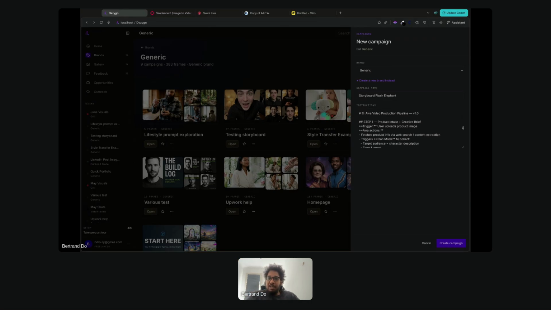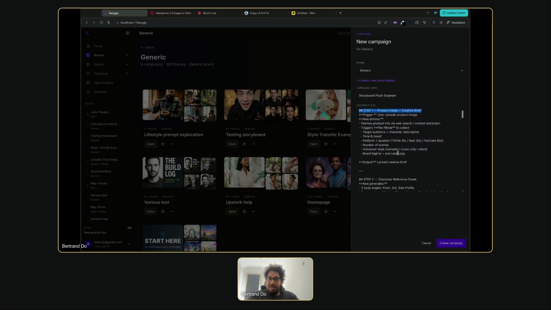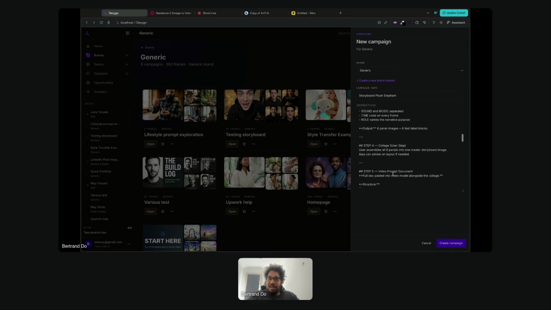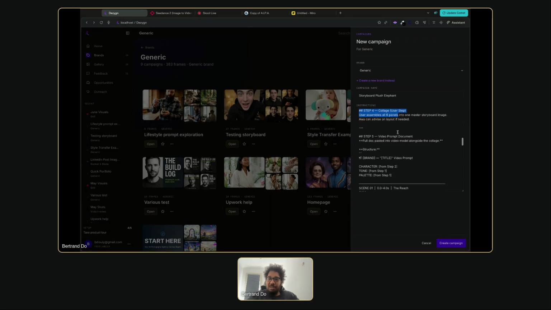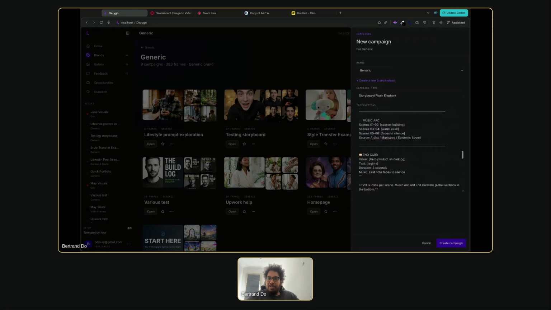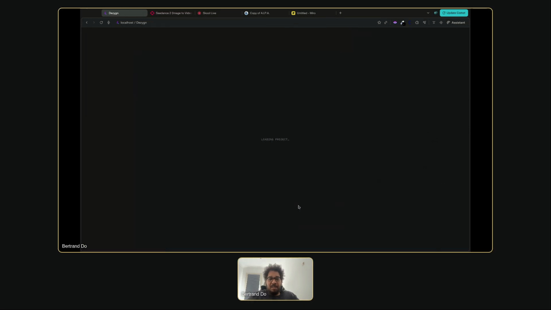And essentially, this is a full workflow that we are asking the design agent, which is called AWA, to run through. Okay, so starting with product intake and creative brief, the character reference sheet, the storyboard panels, and then the collage, and then the video prompt. Okay, so essentially we can just follow the steps with this. So I'll click on create campaign,